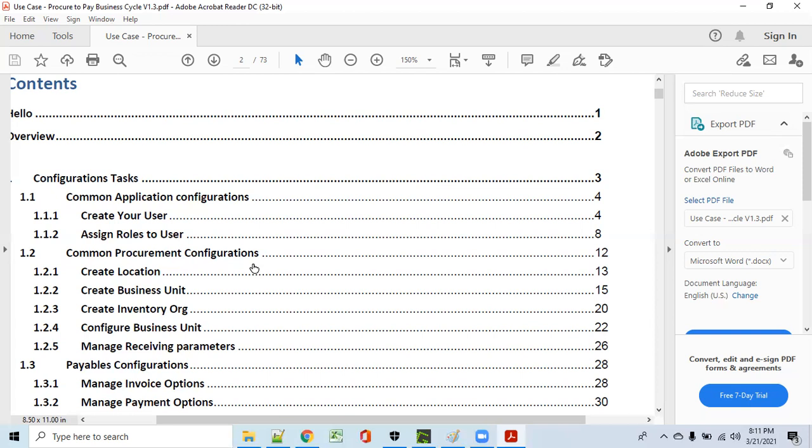For that attribute, what value has to be present, that particular information we need to keep in the BR100 document. Using that document as a reference to create your configurations in other instances.